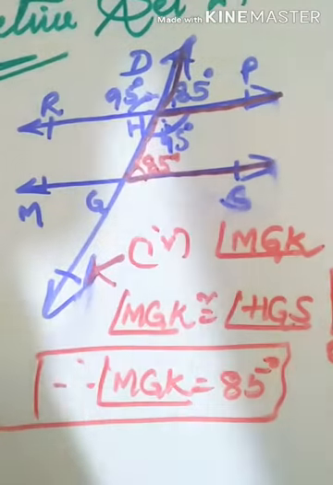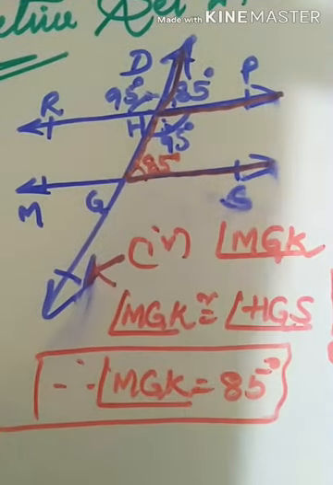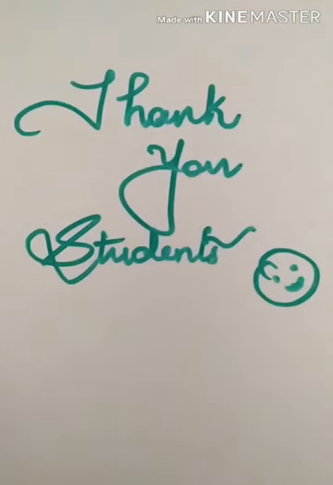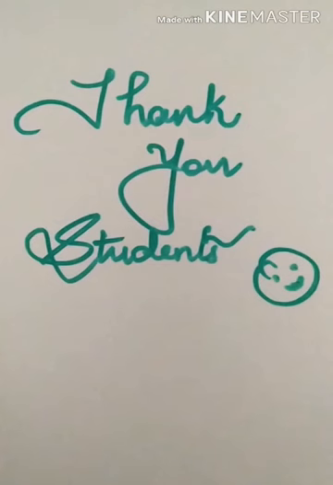So in this way, we have got all the measurements of the 4 angles. I hope all of my students understood the properties of corresponding, interior, alternate, linear pair and vertically opposite angles. With these properties, we have solved the first sum of practice set 2.1. Similarly, we will be solving the other sums.